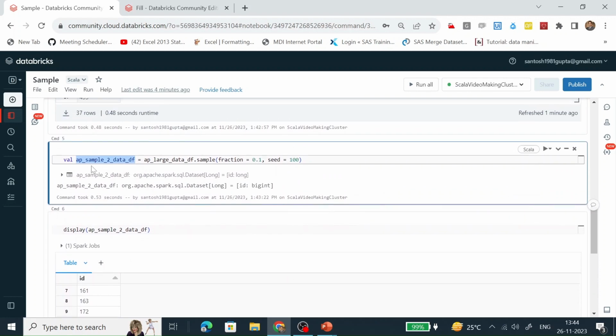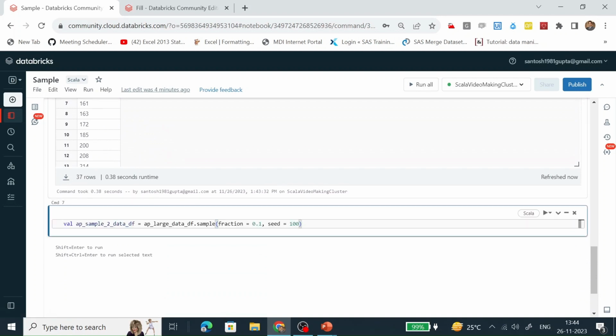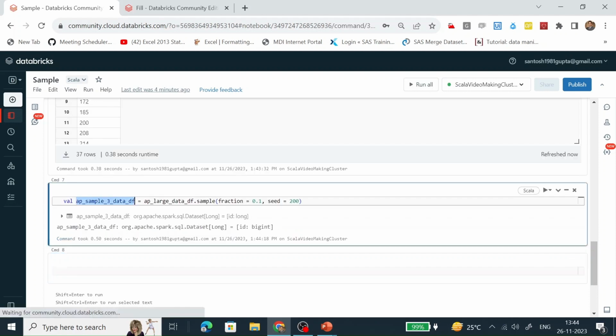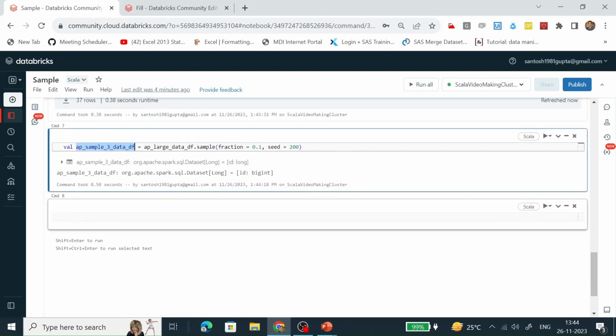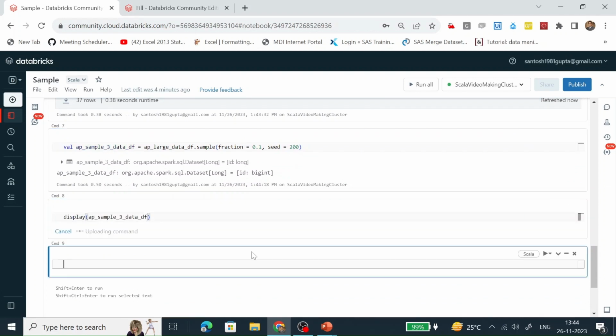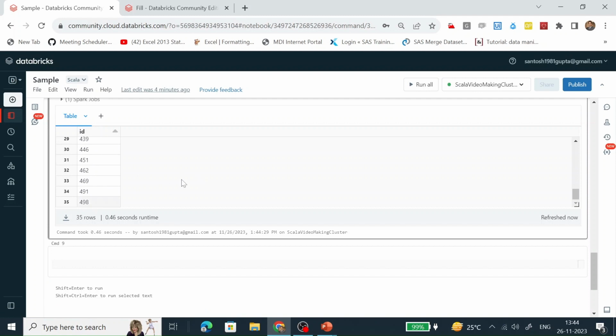Let's create another sample, and this time we use a different seed. Let's change it to 3 and make the seed 200. Let's run it. Now see the content of this data frame. Now it's starting from 101 and ends at 498.